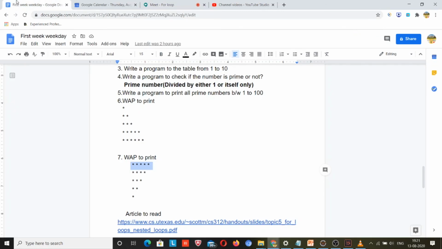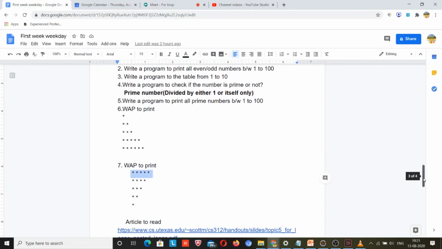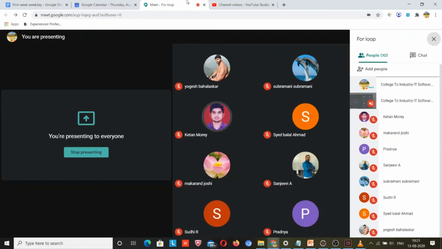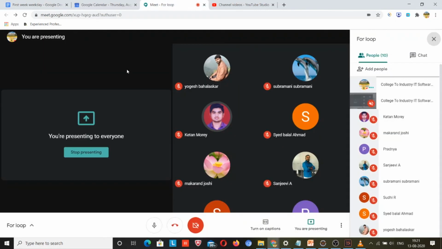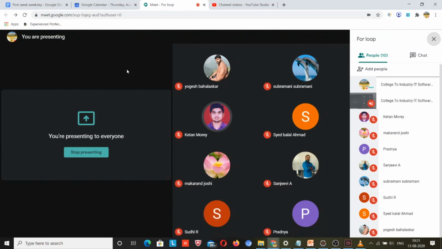Whatever these 7 assignments are, I am going to post them on your relevant classroom account, so just go and access the assignment and complete it. If anybody faces any problem related to the assignment, first think whether your group members can help you in your classroom account or the Facebook group, right? If they are unable to help, just browse Google for how to write the logic, practice a lot, and don't wait for the assignment, just search for the assignment on Google, okay?